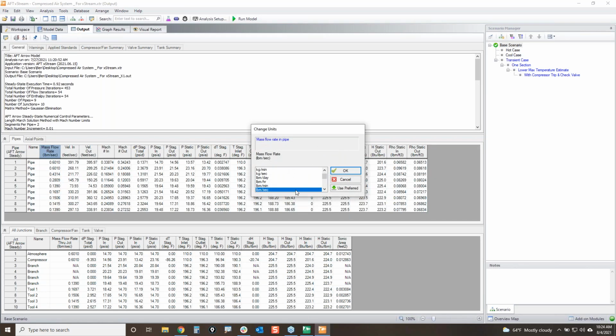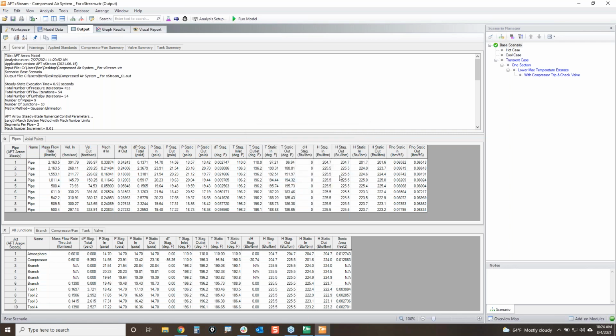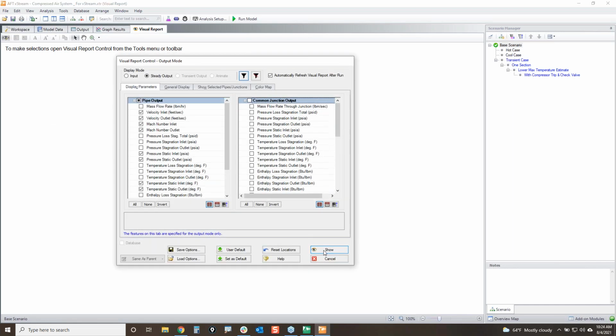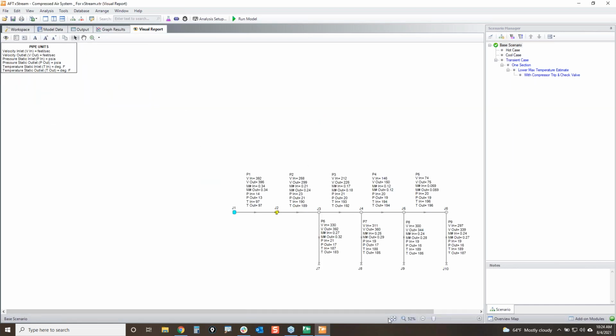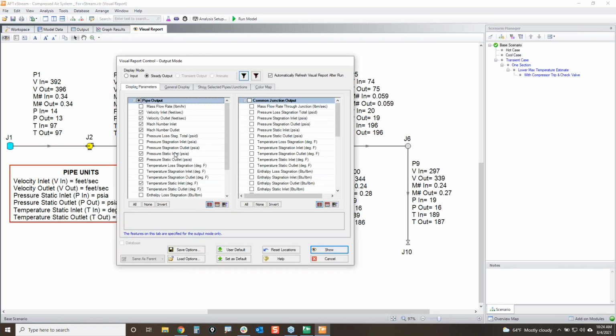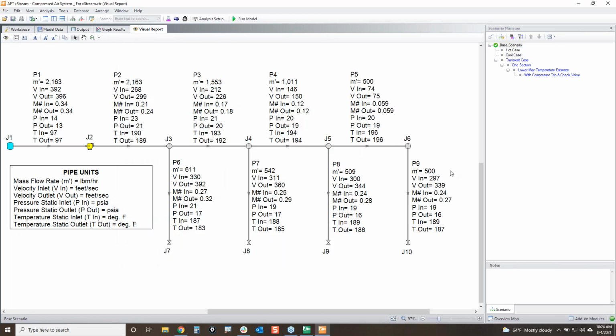If I change these mass flow rates to pounds per hour, and I take a look at my visual report here, move this around a little bit. There we go. All right, so let's spot check some results. Looks like I'm missing my mass flow rate. Let me put my mass flow rate back on there. There we go. All right, so let's compare. I have